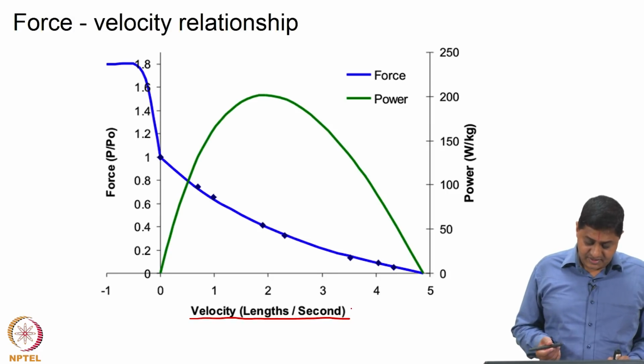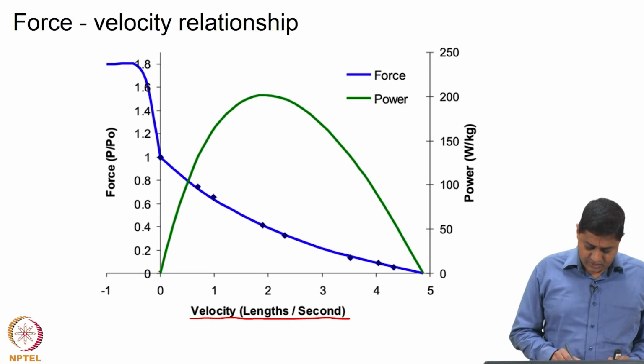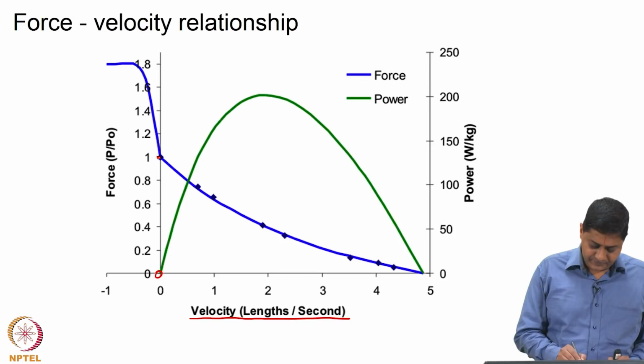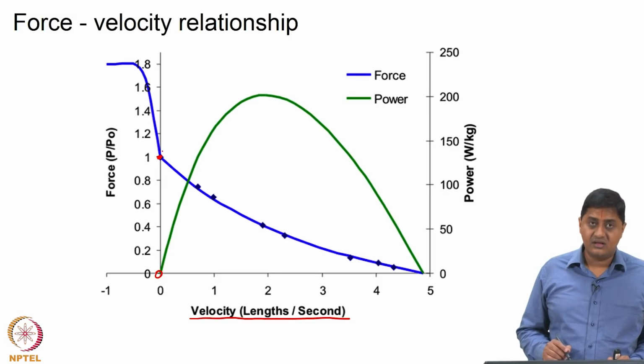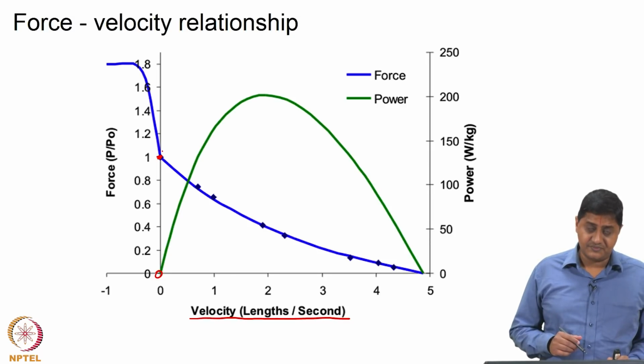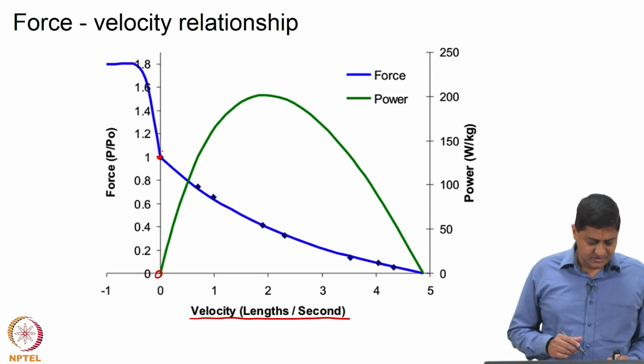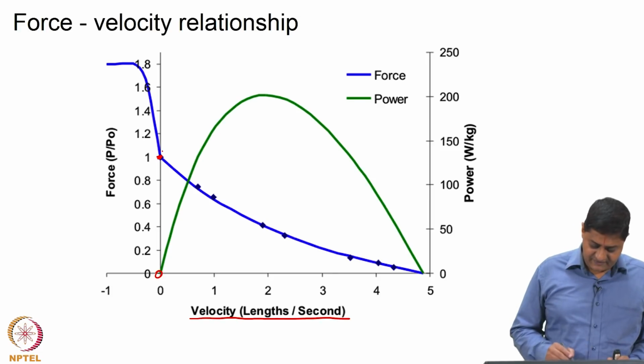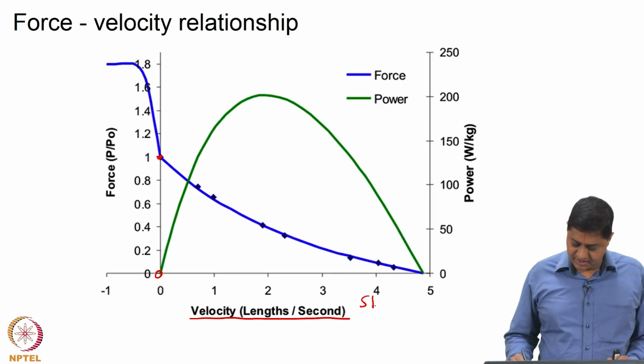So, what happens is the velocity is practically 0 at a particular value of force. This is also called the maximum isometric force that can be produced, right. Let us remember what the isometric force is. Isometric force is the force at which the length remains constant, is it not. So, beyond this level, this is the shortening regime,